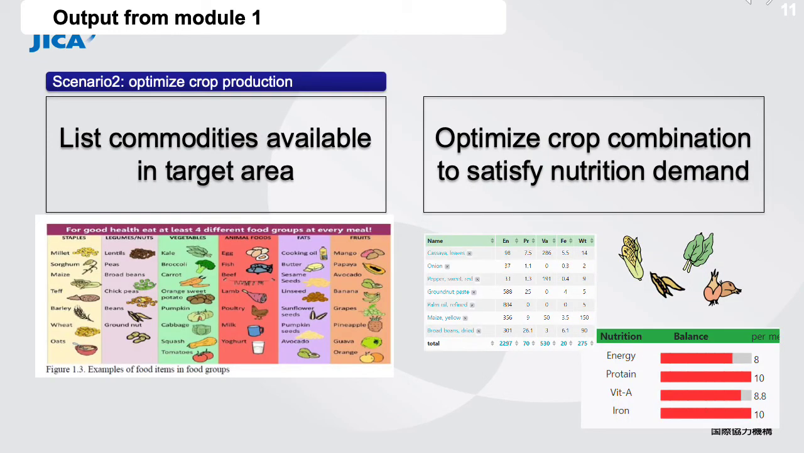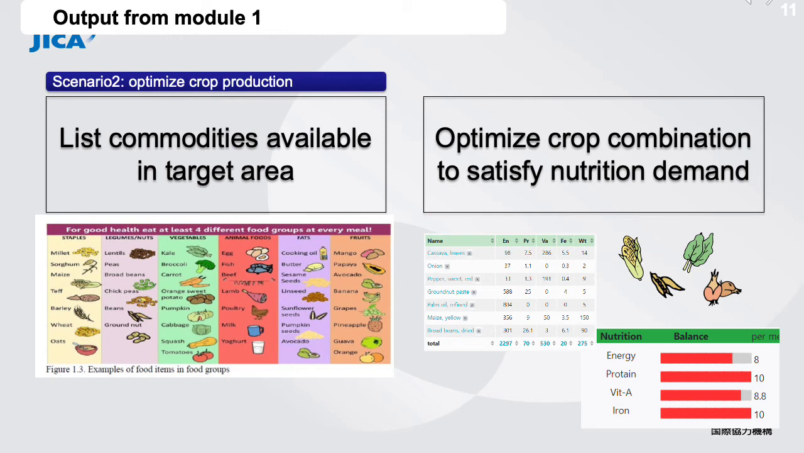Another kind of utilization of this tool is identification of nutrition dense food. So first you can list up available commodities in the target area. Then, based on this available commodity list,